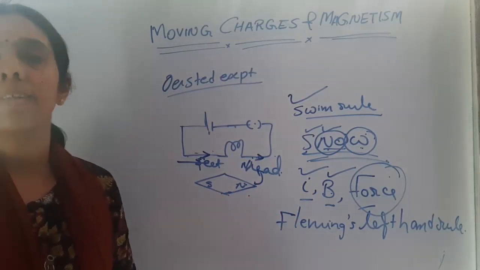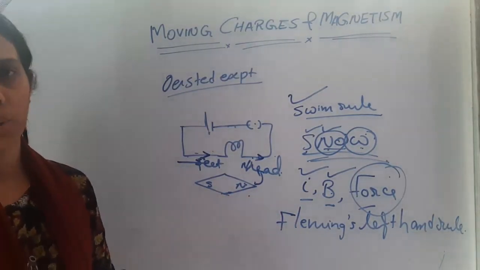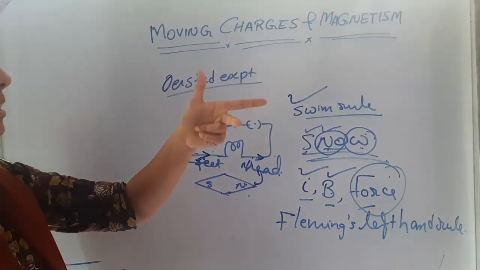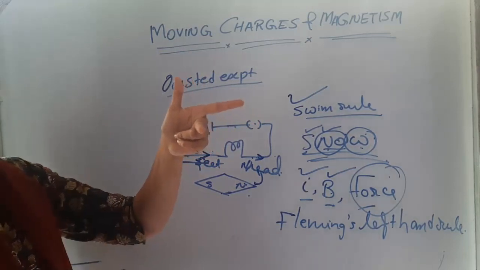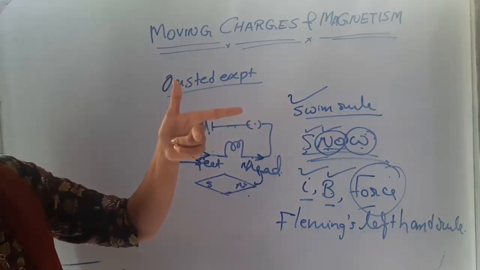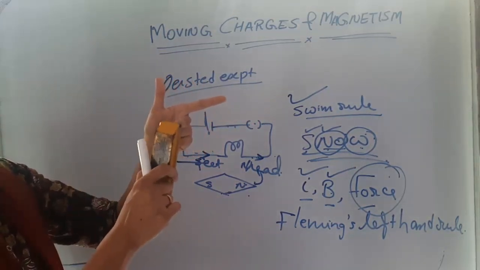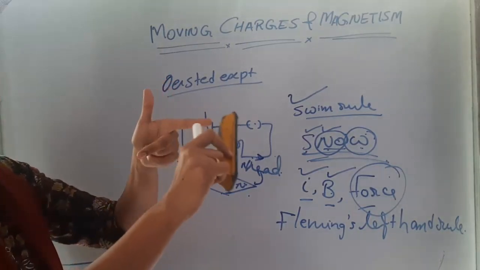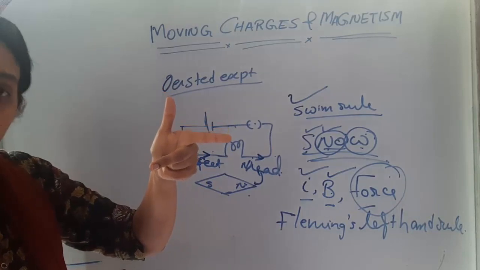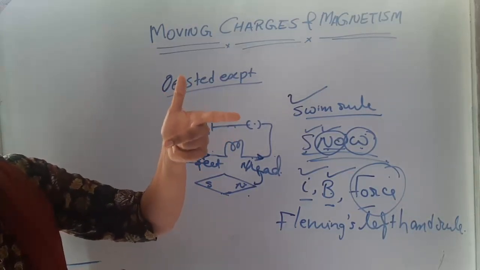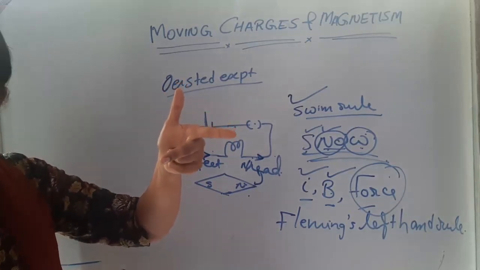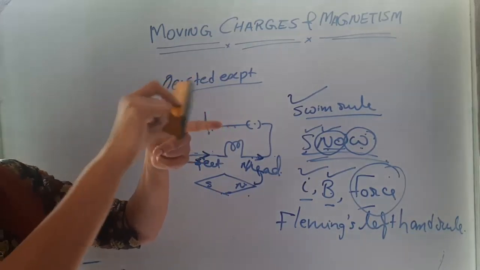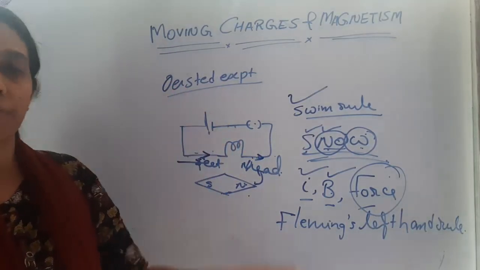Okay, what is this Fleming's left hand rule? Consider the left hand. Hold these three fingers in mutually perpendicular directions. Then the middle finger represents the direction of current, and the forefinger represents the direction of magnetic field. Then the thumb points in the direction of force. Force, magnetic field, current. Okay, father, mother, child. This one I told many times in my videos also.